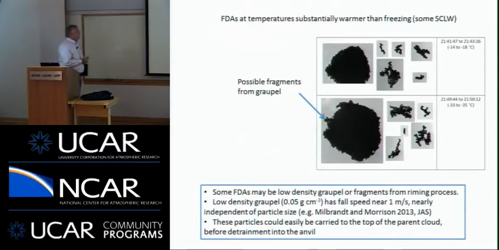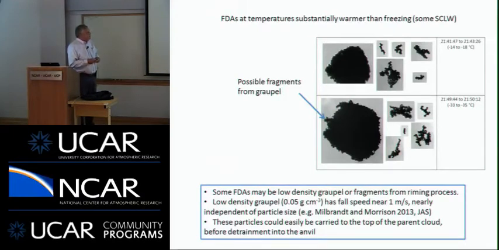So we did have one case where we found frozen drop aggregates at fairly warm temperatures, along with the graupel. So here's some at minus 14 to minus 18, and then minus 33 to minus 35 regions. Some of this is pretty solid graupel, and then some of this graupel has protrusions on it. So based on the work that was done in the laboratory, you certainly could have electrical aggregation occurring here, but I also think there's a possibility that this type of material will actually come off the growing graupel and result in some of these types of particles.